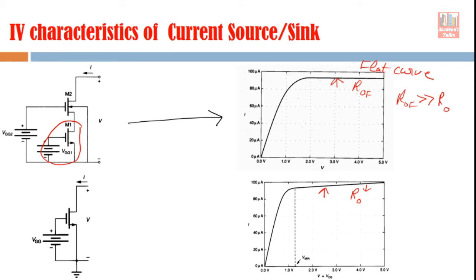And remember, this feedback is negative feedback. We call it negative because the current is increasing, but this increase in the current is used in such a way that it reduces the gate source voltage, and a reduction in gate source voltage means a reduction in the current. So, that kind of pulling back action has taken place because of this feedback.